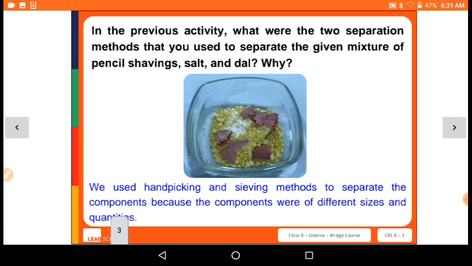In the last class, we learned some methods to separate components of a mixture. Now let us use those techniques to separate a mixture of two or more components. What were the two separation methods that we used to separate the given mixture of pencil shaving, salt, and dal? We used hand picking and sieving to separate the components because the components were of different size